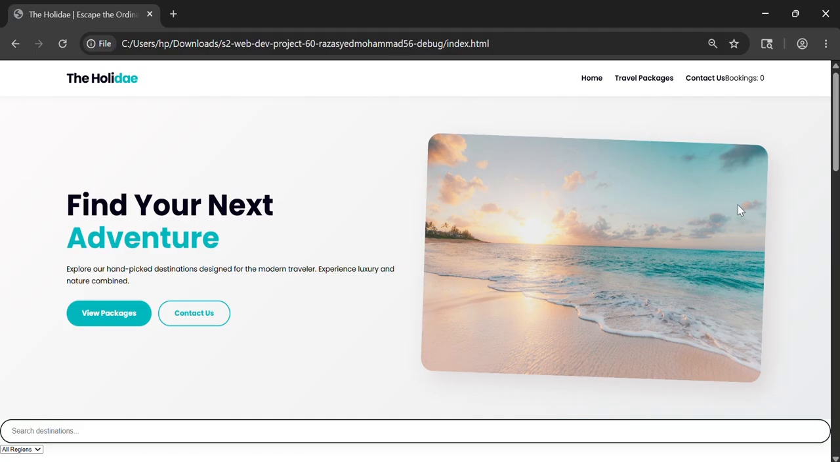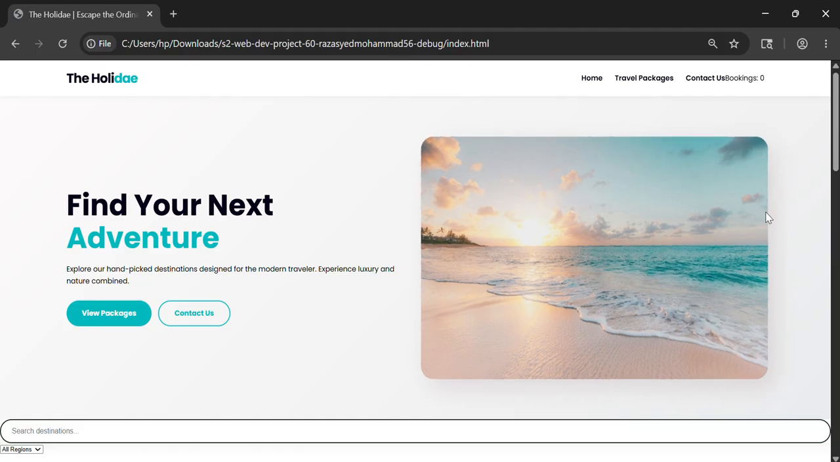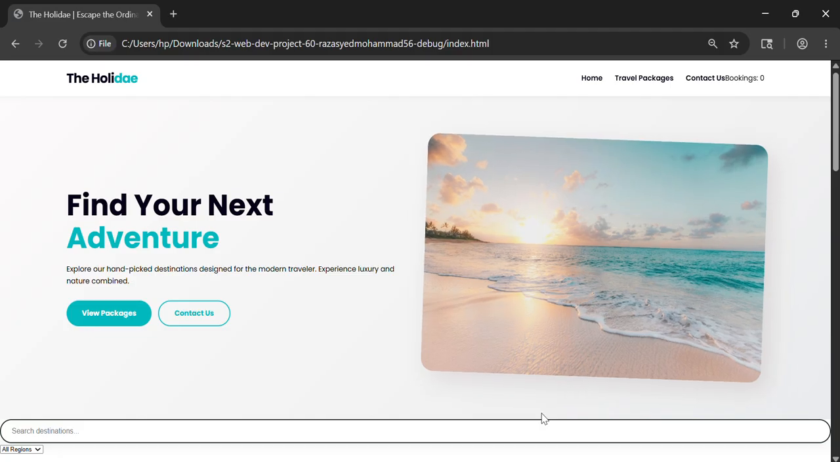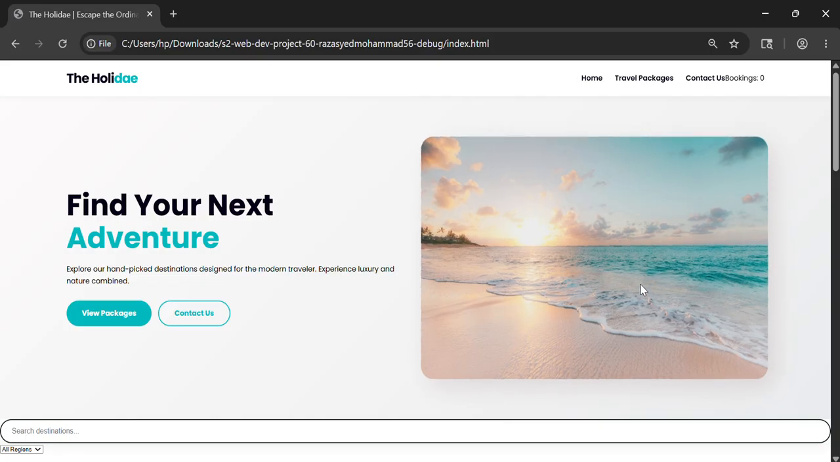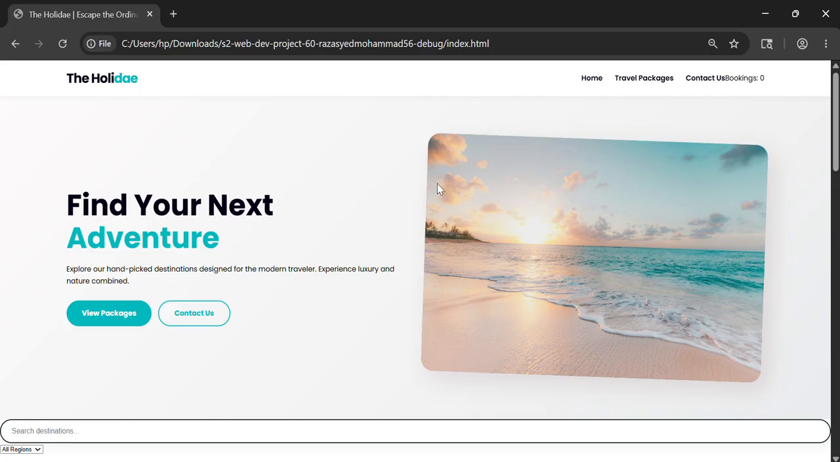So this is the final project, and I chose to work on the Holiday website. This is the interface of this website. It is a travel and tourism website called Holiday, which I developed using HTML, CSS, and JavaScript in Visual Studio Code. The purpose of this project was not only to create an attractive travel booking website, but also to demonstrate my understanding of front-end web development concepts such as web page structure, styling, responsiveness, and